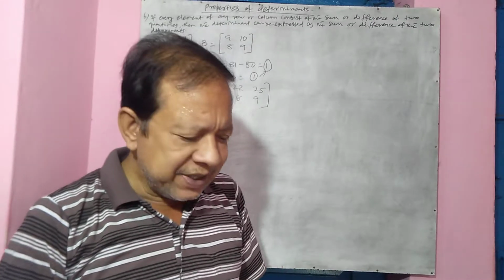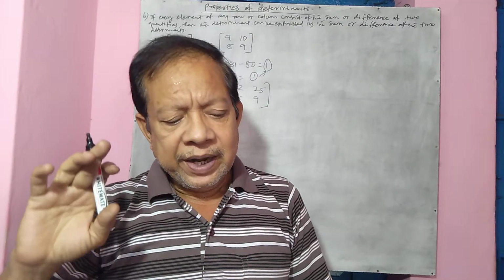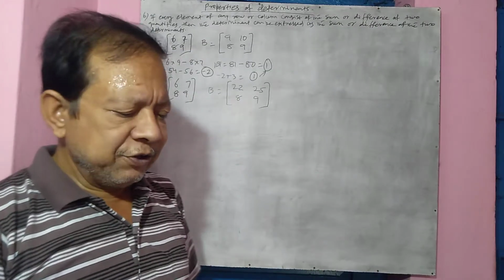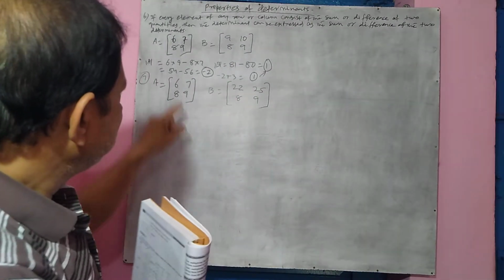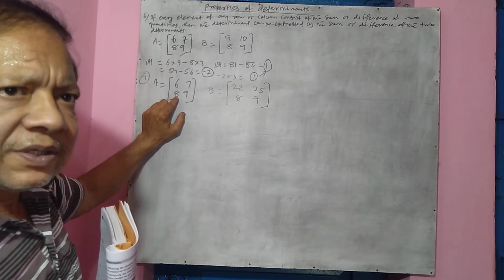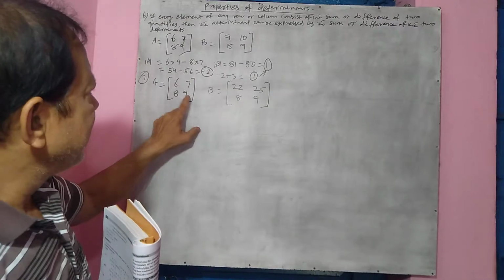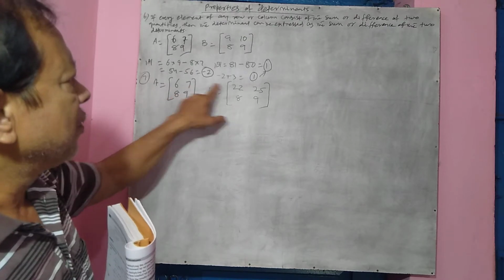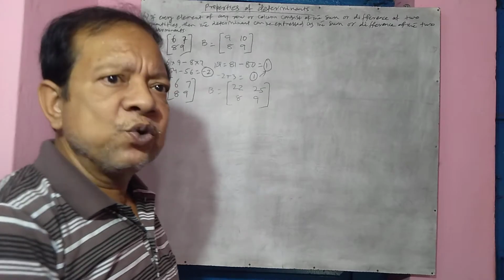Okay, so it says if to any row or column of a determinant a multiple of another row or column is added, the value of the determinant remains same. Now what we have done, we have simply added the first row with a multiple of the second row. Second row is 8, 8 multiple which is 16, 16 plus 6 is equal to 22, 9, 9 multiple which is 18, 18 plus 7 comes to 25. Now if you do like this, the determinant of both the cases will be same.